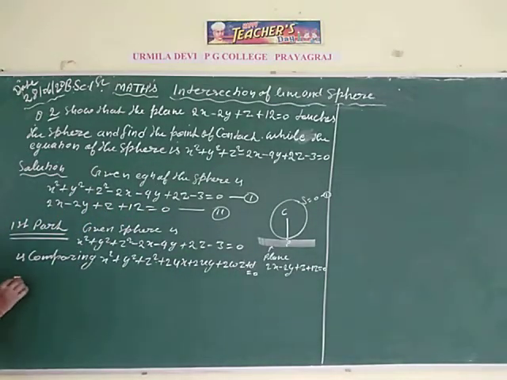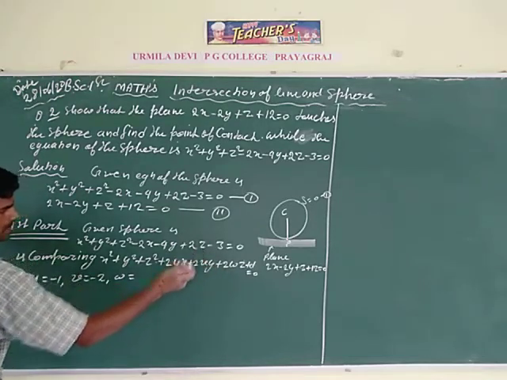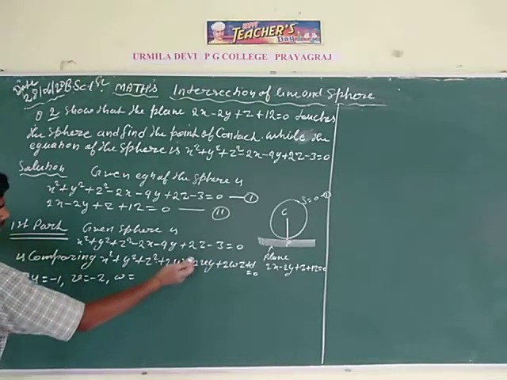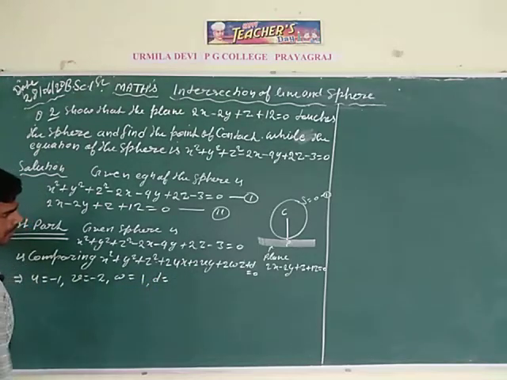it represents that the value of u is the coefficient of x, 2u is equal to minus 2, so u is equal to minus 1, and v is the coefficient of y, 2v is equal to minus 4, 2 and 4 cancel each other, so v is equal to minus 2, and w is equal to 1, the coefficient of z is 2w, 2 and 2 cancel so it is 1, and at last the constant d is equal to minus 3.